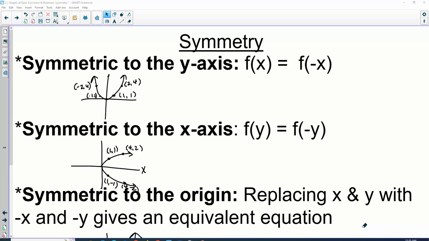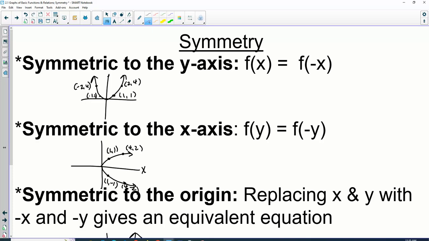So if I took my paper and folded it over the y-axis, both sides overlap. If it is symmetric across the x, it's a mirror image on both sides. Okay, origin requires two flips. You have to flip it over the y and over the x. We talked yesterday about what happens with the ordered pairs. So if you are flipping it over the y,